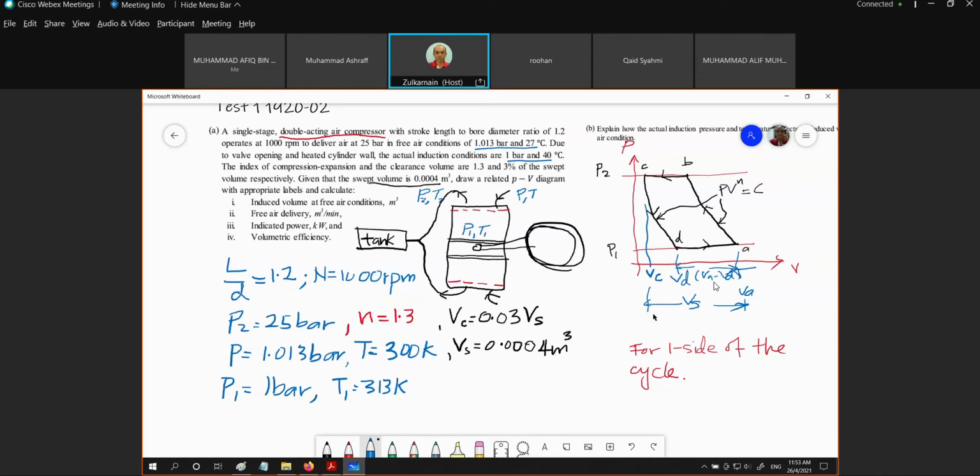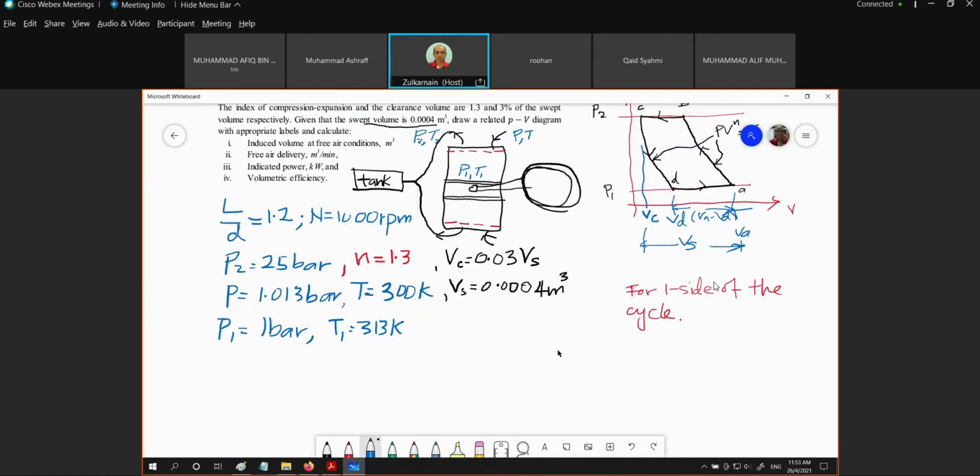From this diagram, which part is the induced volume? VA minus VD. That's right. So, induced volume is VA minus VD, which is equal to